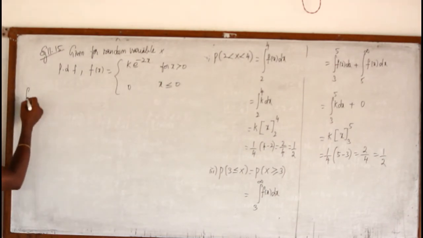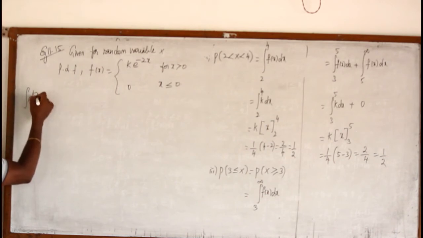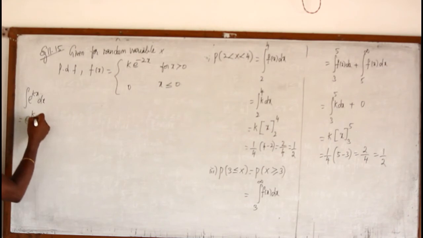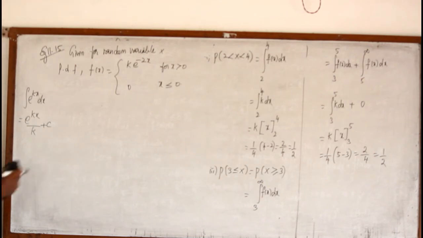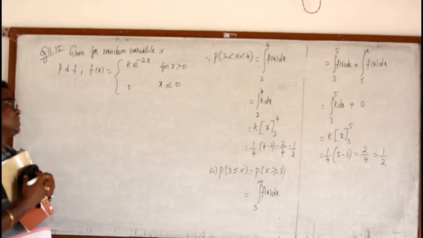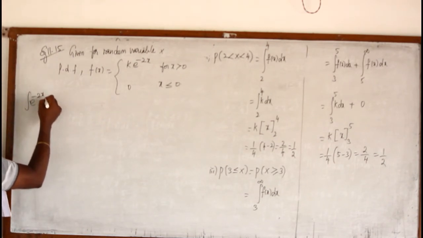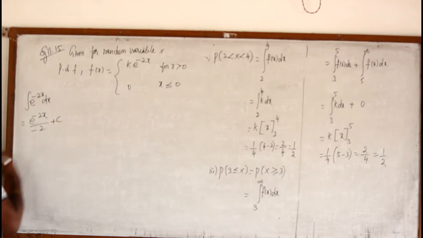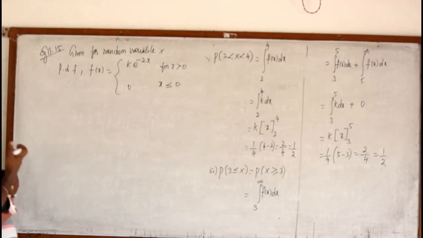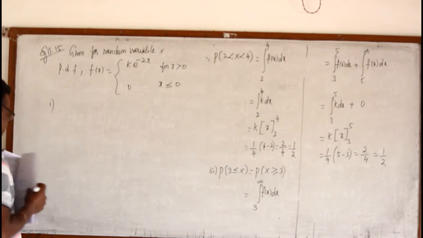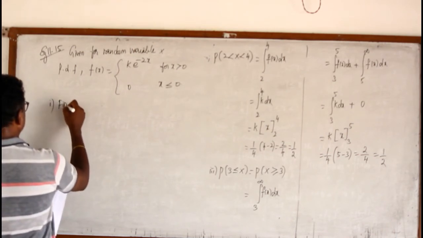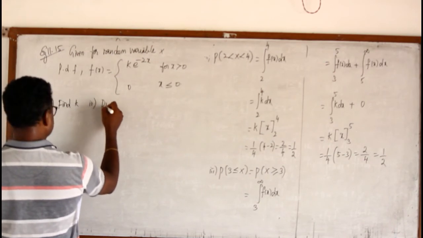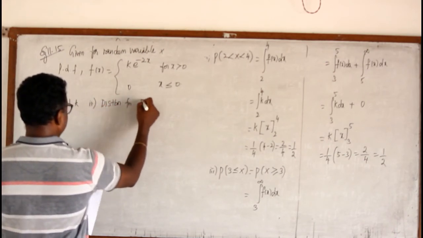Before going for integration, the integral of e power kx dx is e power kx by k. Remember, this is the integration of e power any constant times x. So we will be applying the integration in this problem for e power minus 2x. The integration of e power minus 2x will be e power minus 2x by the coefficient of x, which is minus 2, plus c. This you should not write because we know this already. So first question, find k. Second question, they are asking for the distribution function. And for the third question,